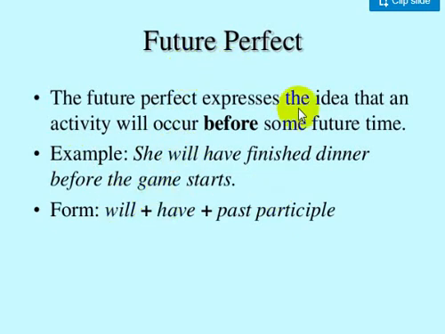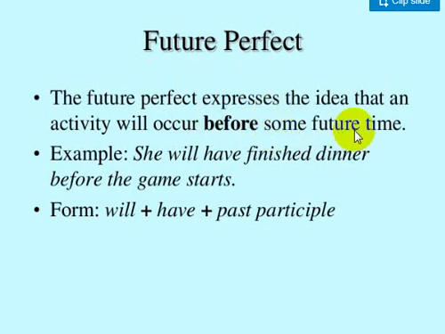Also by the time. By the time, like before, is followed by present simple, and before it comes the future perfect, will, have, and past participle. Alright, so my mom will have cooked dinner by the time dad arrives. They will have found a new medicine by 2020. So here the future perfect comes before a future specific time or before a future